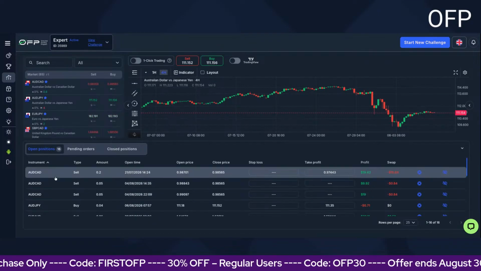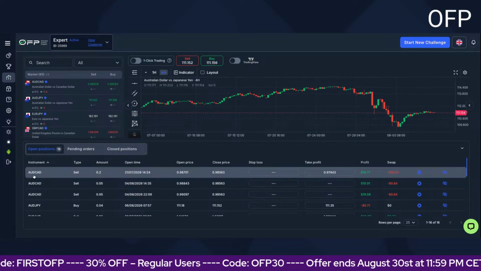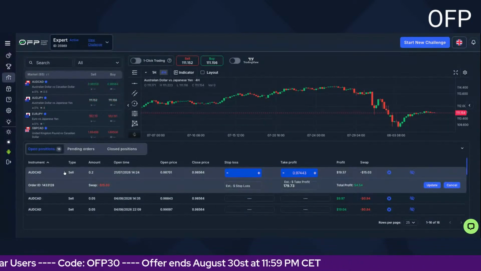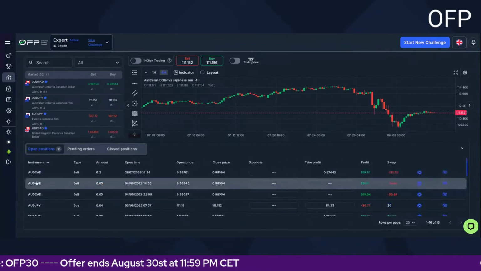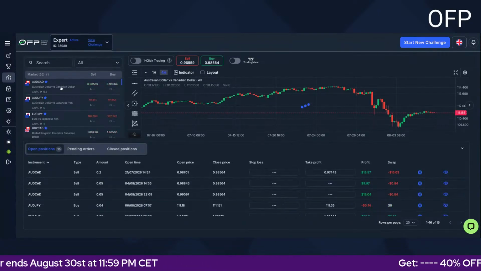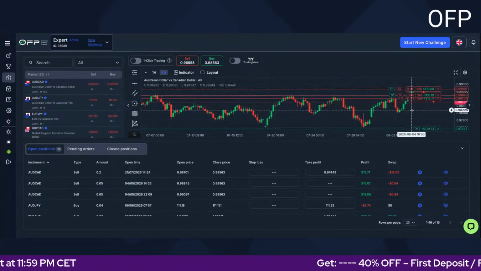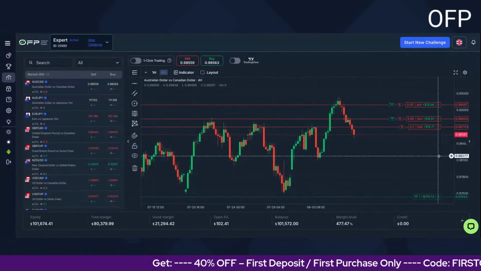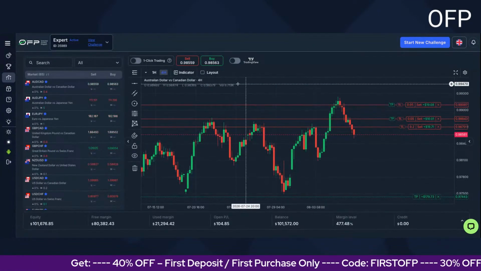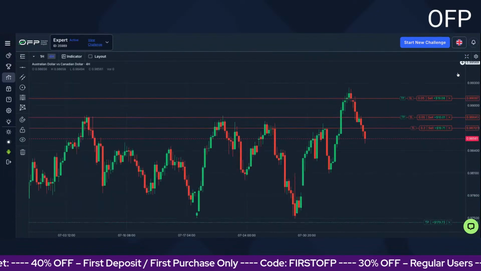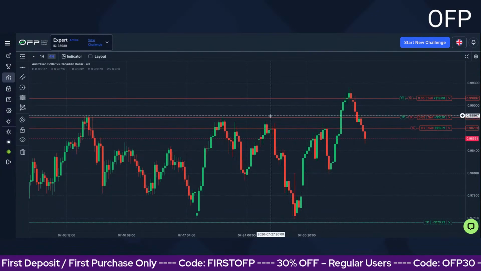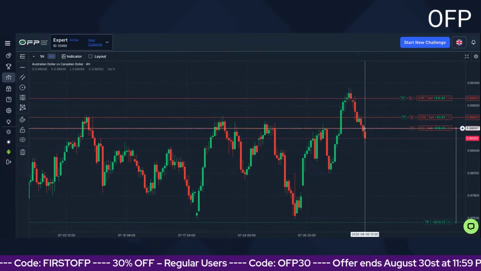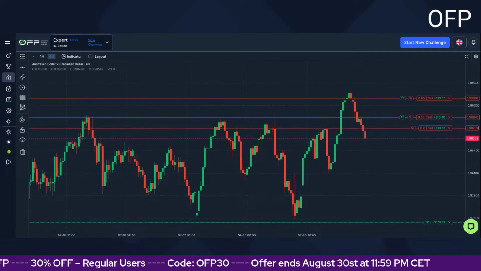So by instrument, we start with Aussie CAD. So Aussie CAD, if we just take a look at it, apparently when you click on it, okay, so we'll just click on this one. So Aussie CAD, this is what is currently happening. We have the market still dropping at the current moment in time. So it pushed all the way up and we're currently dropping, which is great.